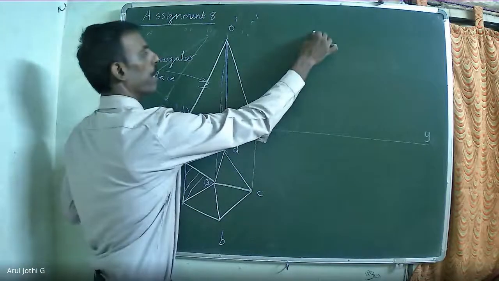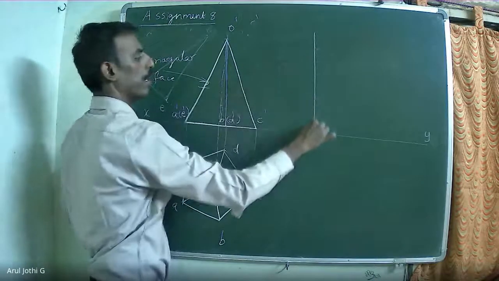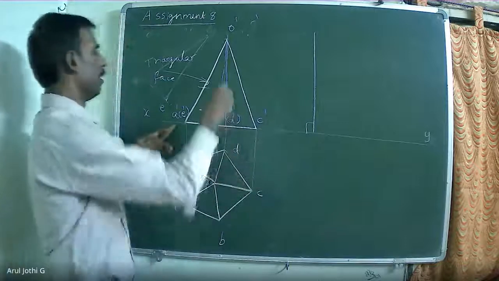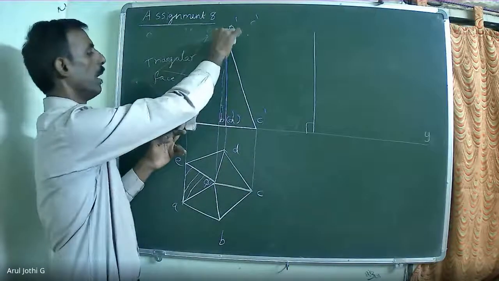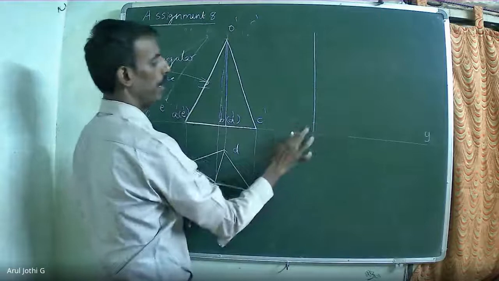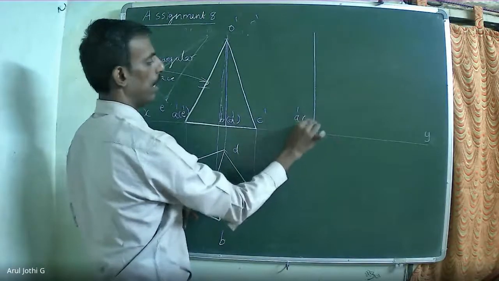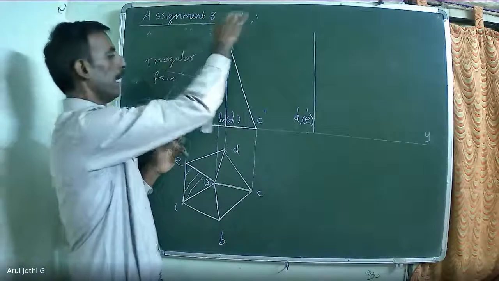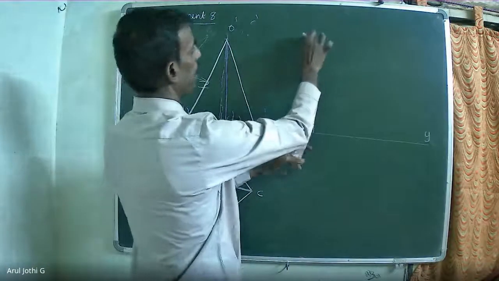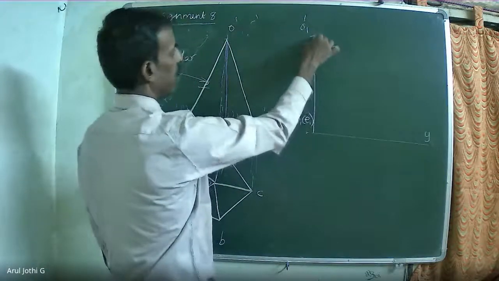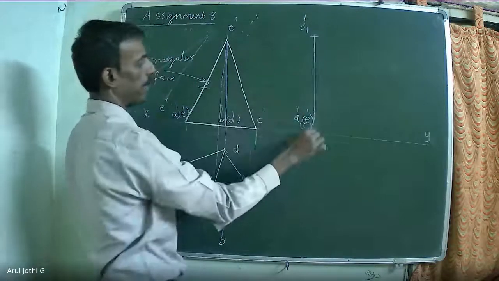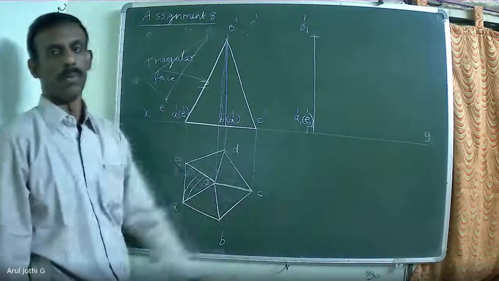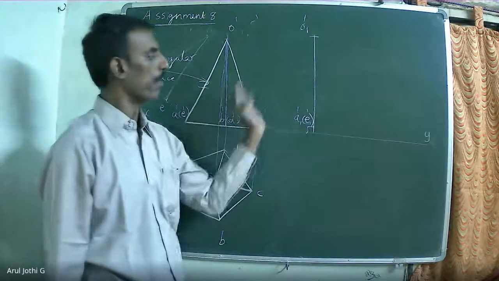Now, make the triangular face perpendicular to HP. So draw a 90-degree line. Measure A dash and O dash. So this point will be A and E. Now measure O dash and E dash and transfer here. Okay, so that this triangular face becomes perpendicular to HP. In top view, it will be perpendicular to VP. Now how to rotate this front view?